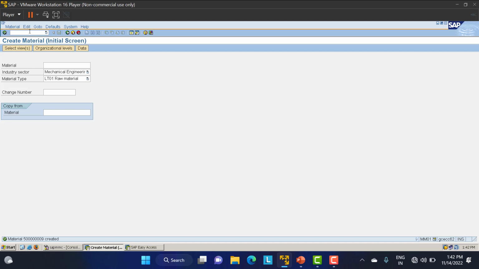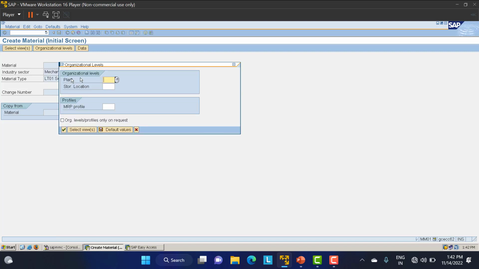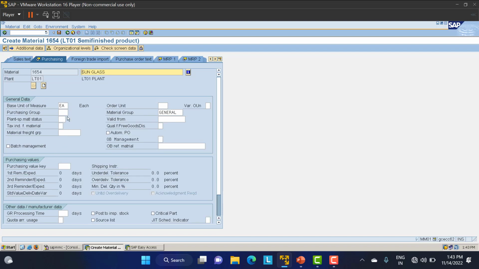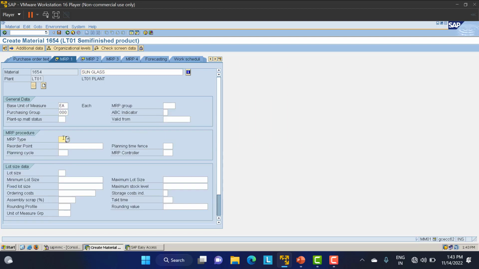Now I am going to create the semi-finished product. For the semi-finished product, just select your semi-finished product here. I have created it through HALB only. Just click enter, and here the plant is LT01 and the storage location is LT01. This is the sunglass. Here you can see the purchasing group, it is not mandatory here, but if you want, just have the purchasing group, and the purchasing value key is L. Proceed further, and here it is PD. Material MRP controller is LMC,